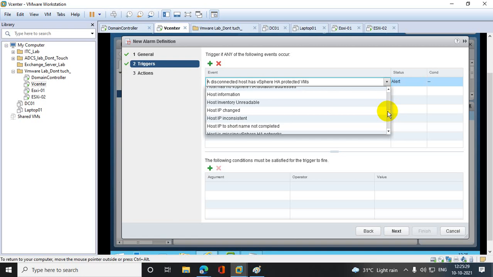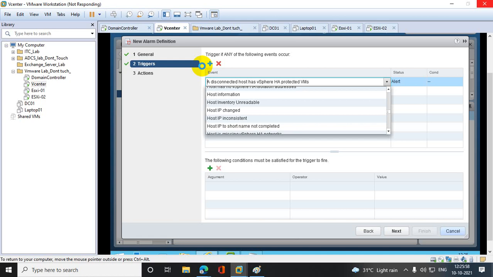Every day, sometimes you receive that your host was disconnected, but you need an alert to your mail. Whenever a host is disconnected, you need one alert so that the mail comes directly to your mailbox. So through this you can configure it. Clear? So this was alert management you can configure. Clear?